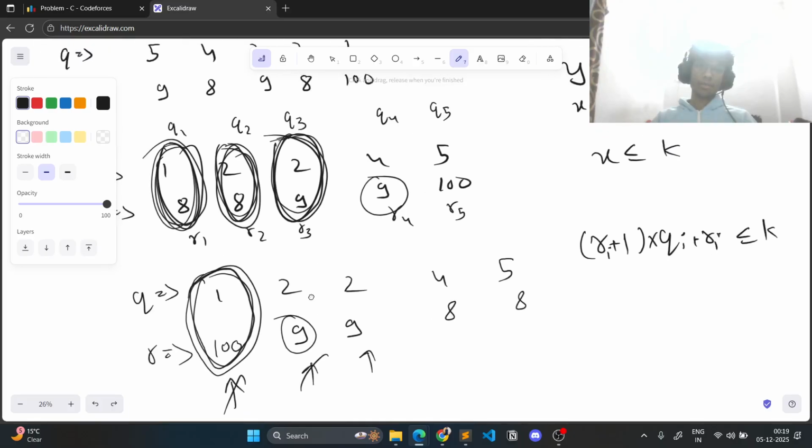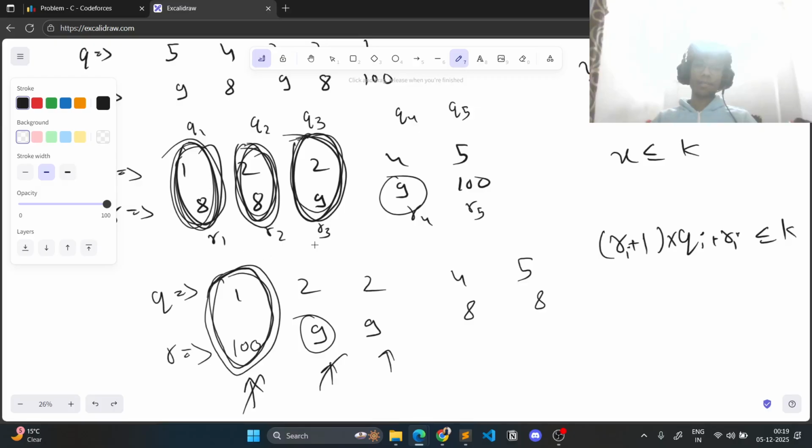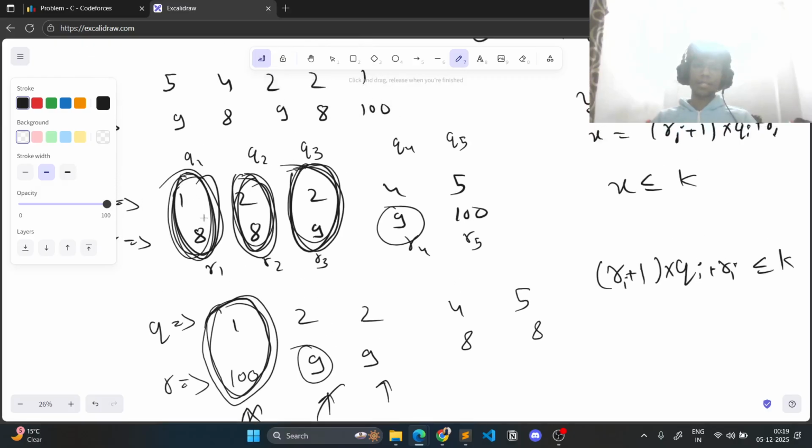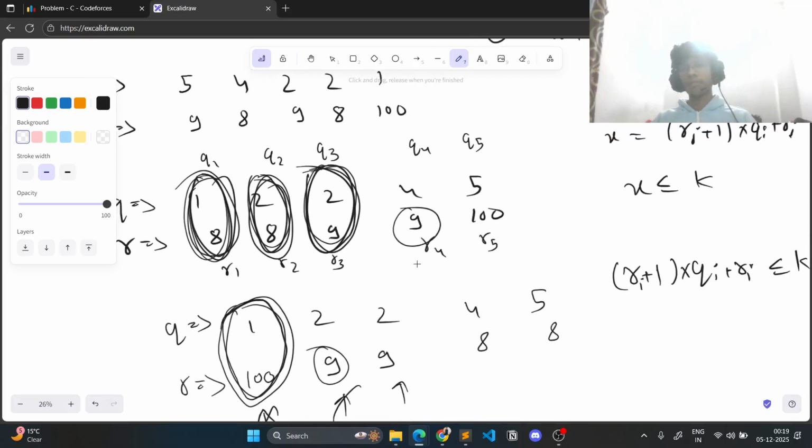Because the thing we can see here is, if we follow this idea that we are greedily picking in each iteration the smallest possible numbers of q and r respectively, then I'll see that I have already exhausted all the minimum possible values for q and r. And so if the answer is not possible here, it will not be possible here as well. So this is a predicate function, so if it becomes false, it remains false, right? So we cannot pair this r,